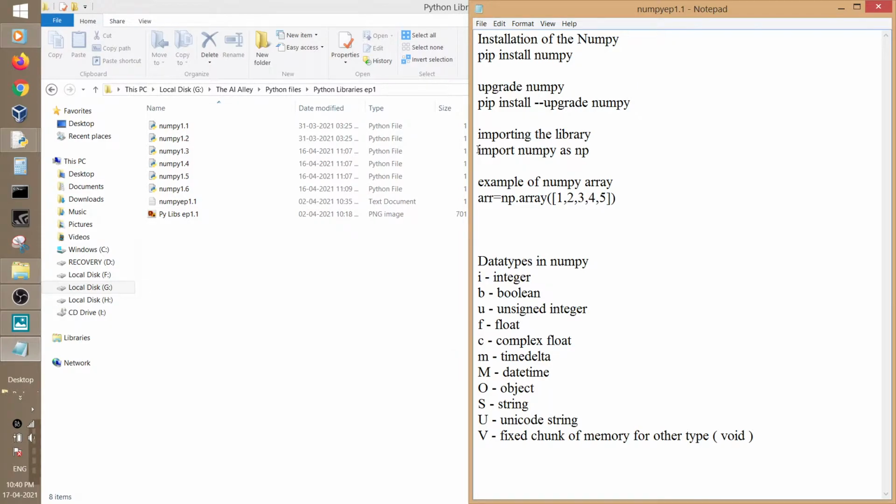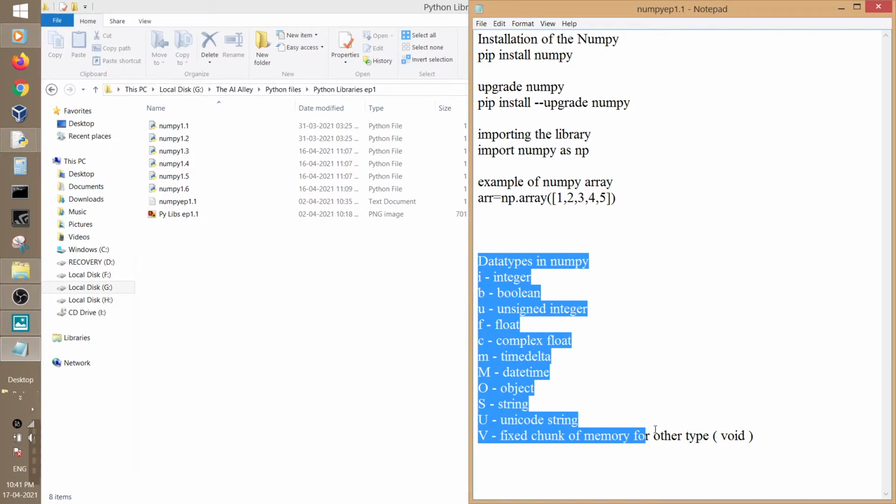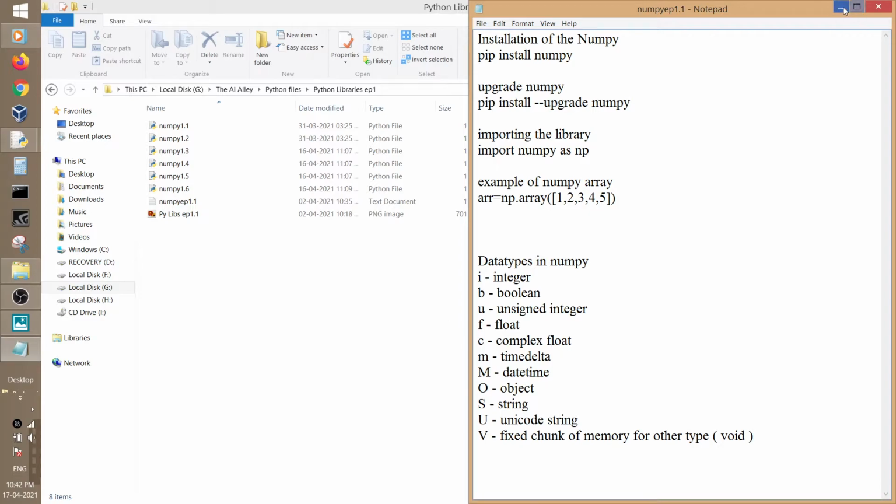So importing of NumPy library or this statement, you have to write it in a Python file. So I have some scripts here in which I have demonstrated certain functions or certain operations on NumPy arrays. So if you are wondering what does NumPy do, NumPy creates an array from the list given to it. NumPy has faster processing and operations on the array as compared to the traditional list of Python. So here I have some data types in NumPy that you can use to create the arrays in NumPy. So let's move ahead to an example.